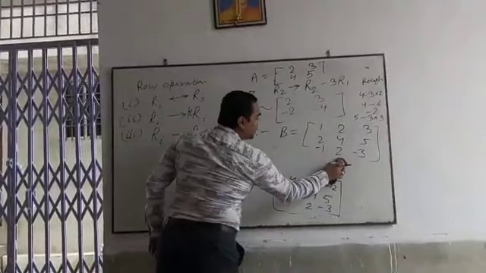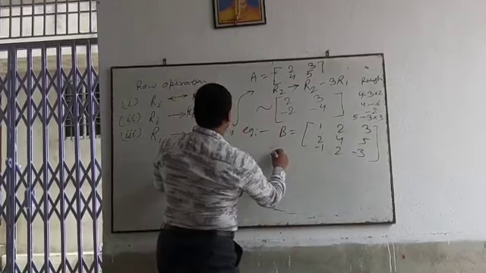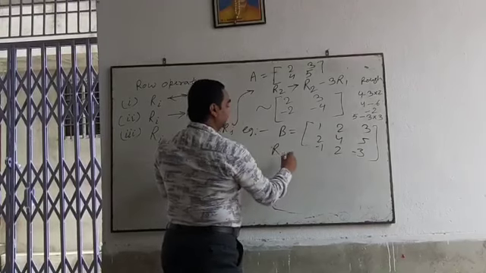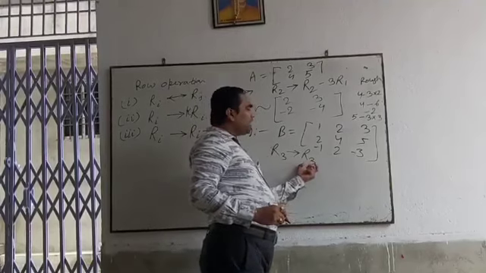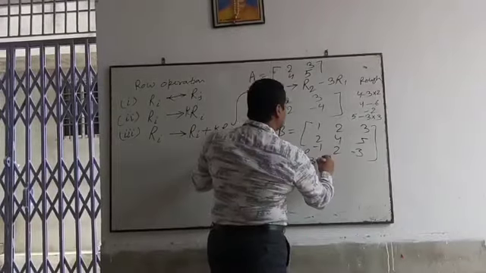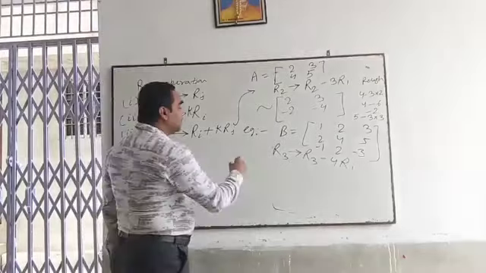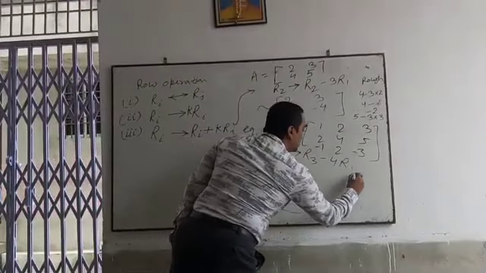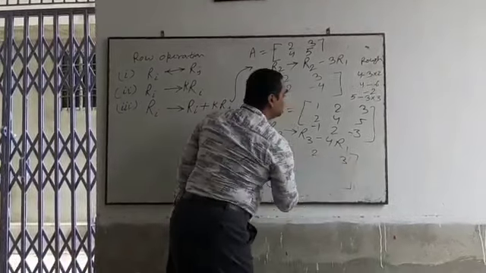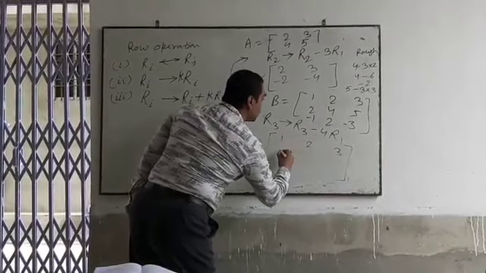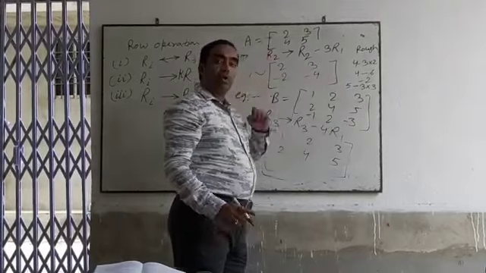Then come to the third order matrix. Here I want to do that. I am going to keep it in R3, R3 minus 4 R1. Suppose that I am just going to do this here. Then the equivalent matrix so formed after this operation: R1 will remain the same, 1, 2, 3. R2 will remain the same, no operations occur here, 2, 4, 5. Now in R3 we are going to use the operation.